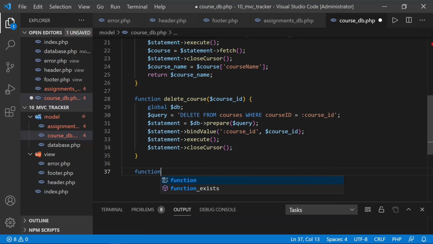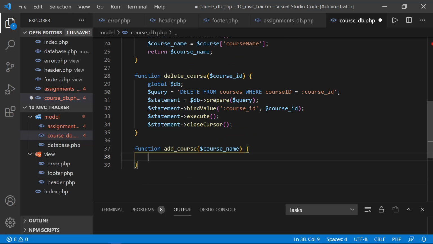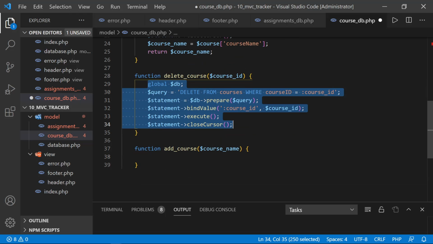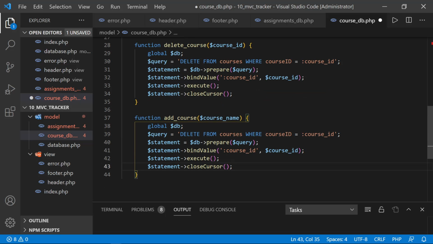And now we'll do our add course function. And this will take a course name parameter instead of a course ID. Once again, I'm going to copy this function above, paste in, and we have a global DB to start the connection. But now we're going to have another insert. So we'll say insert into courses. And then we need just a little bit different. We'll say